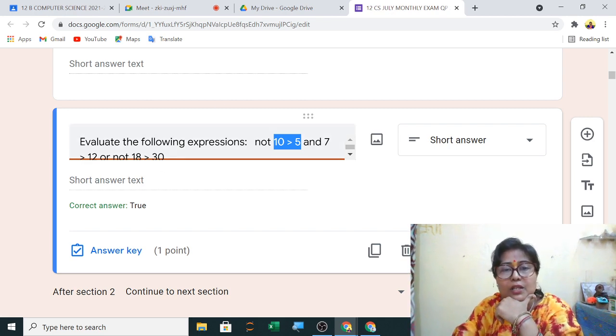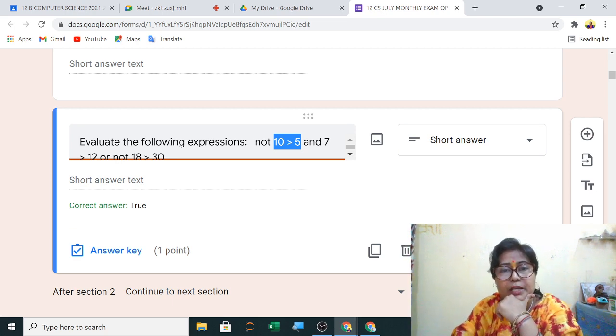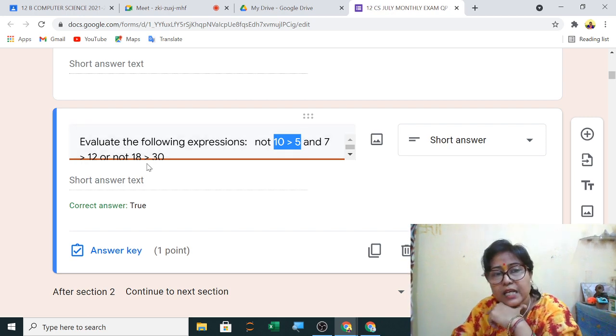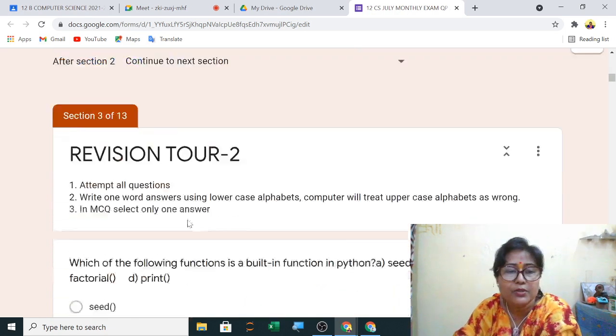Now you will apply the logical. So not True will be False, and False, so this will be False, or True. So the answer will be True, because or is there; if any one is True, the output will be True. So here the output will be True.